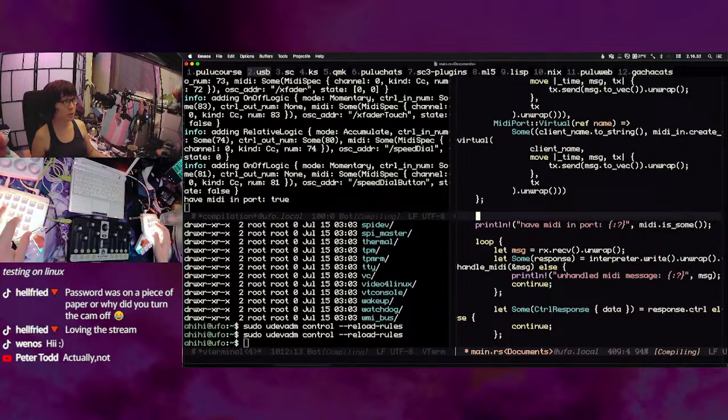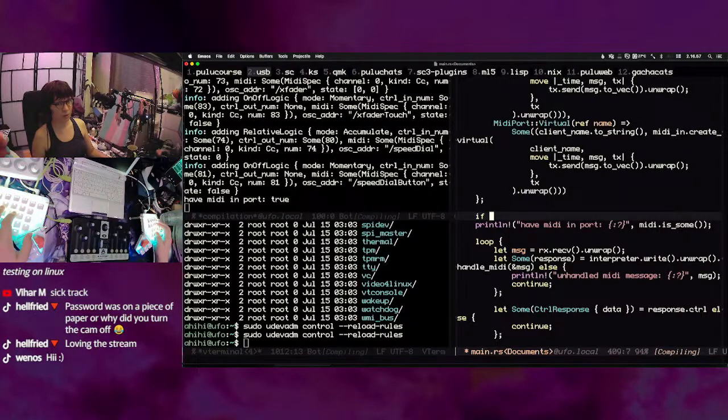But I wonder why it worked on macOS then. That's a bit strange. But I guess it doesn't matter. We need to handle the MIDI port or the possible absence of it. So if we don't have